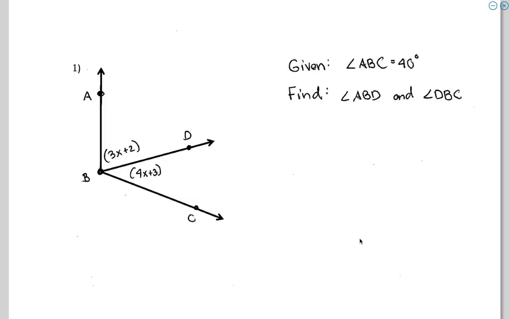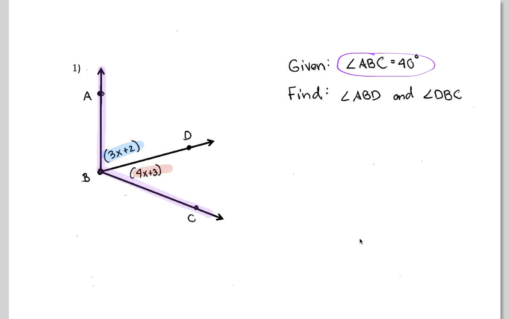All right, some practice problems now. Notice how these problems will be presented to you. There'll be some given information, and try and identify where that information belongs in the diagram. So if they're saying ABC equals 40, notice ABC is the big angle. So that tells me that these two smaller angles, they should be adding up to